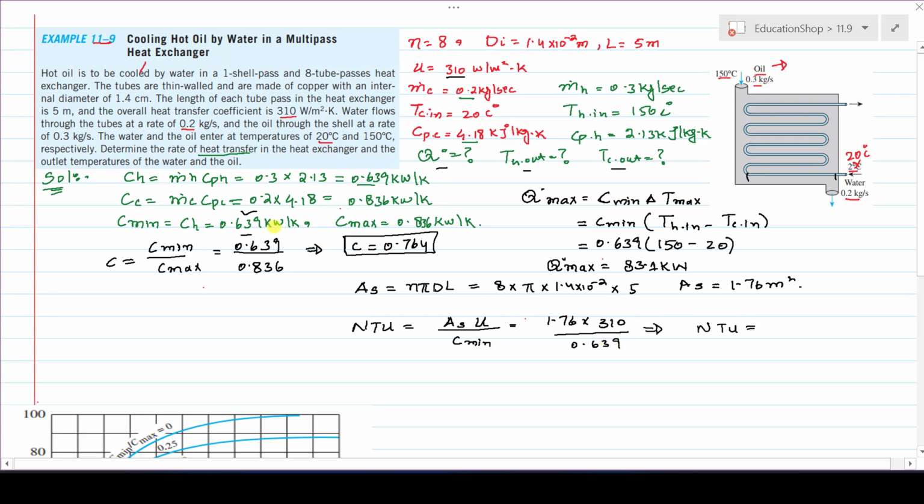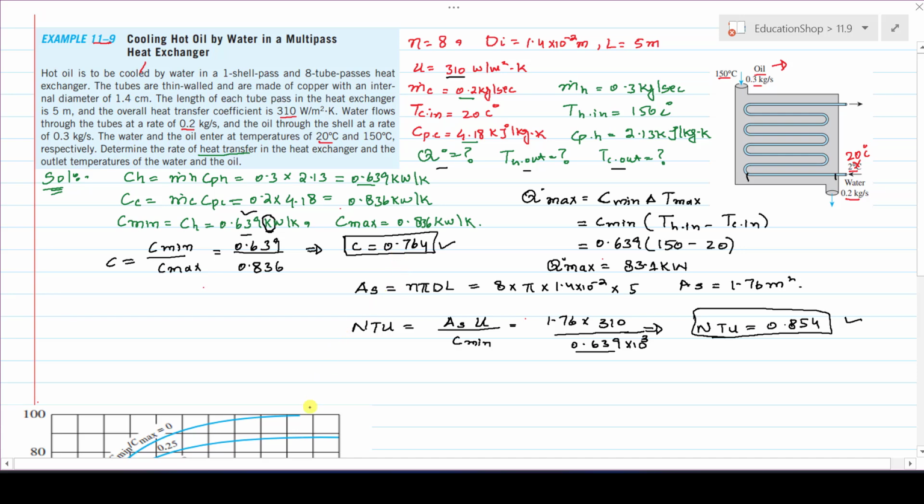Remember, this C minimum is in kilowatt per Kelvin, so we will convert that into watt per Kelvin. That's why we multiply with 10 to the power 3. When you perform this division on the calculator, you will get the value of NTU, that is equal to 0.854. Now with the help of this NTU value and the capacity ratio, we can find the effectiveness of the heat exchanger